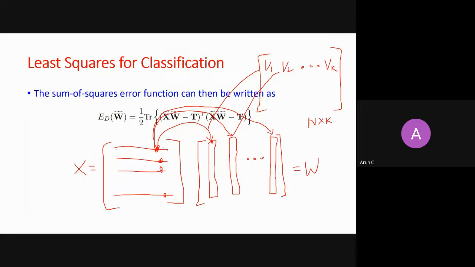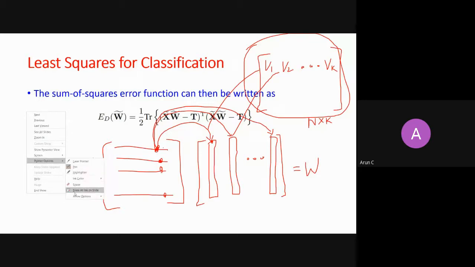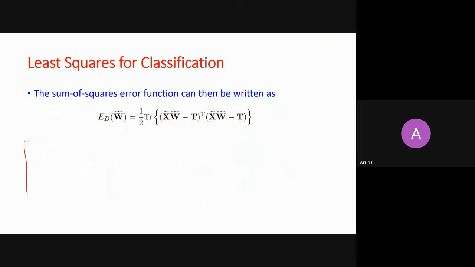But let's say you started with some W and you don't know the exact value of W. So these predictions may go wrong. To calibrate how wrong they are, I'm erasing this, so just remember it. This is my predictions, V1, V2, to Vk, and this is for all n samples. So the matrix dimension will be n by k. But I want to know how good these predictions are.